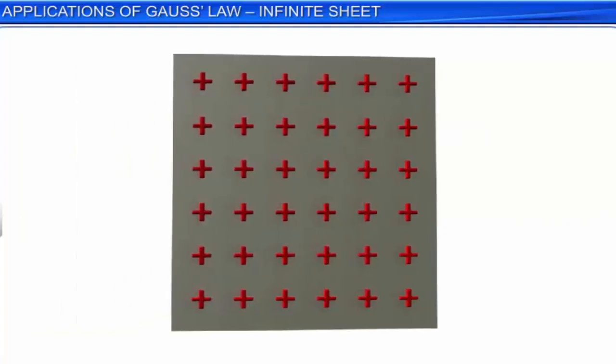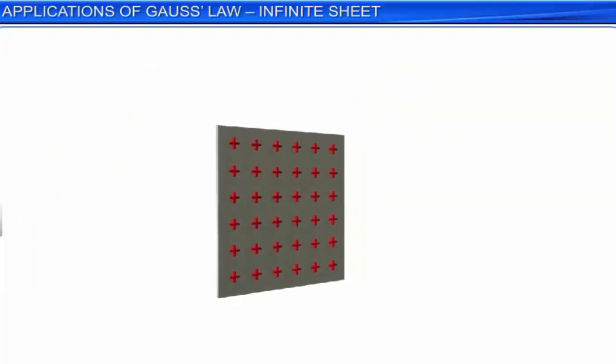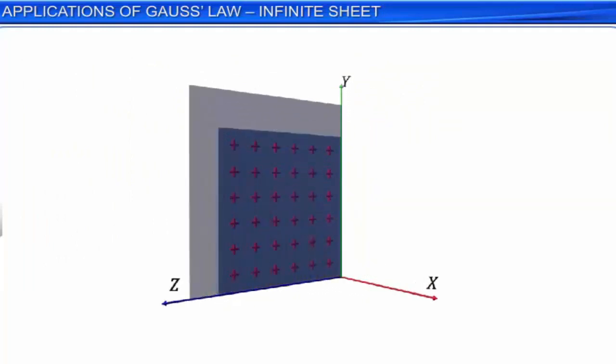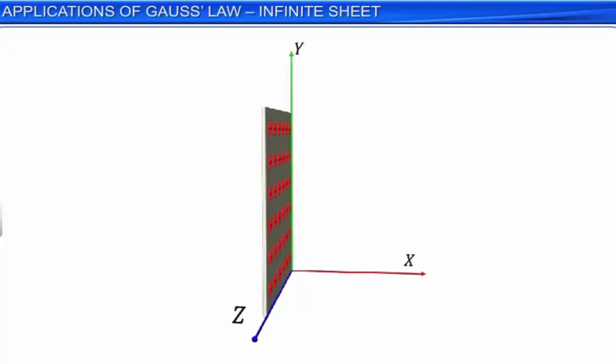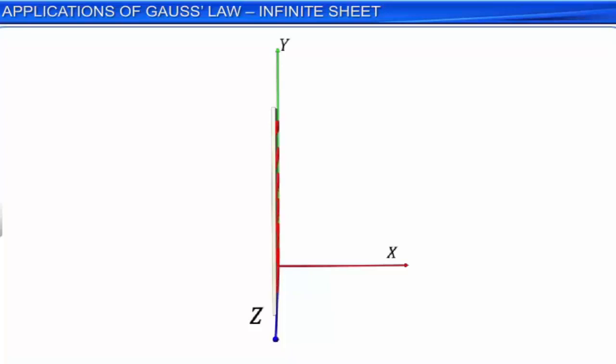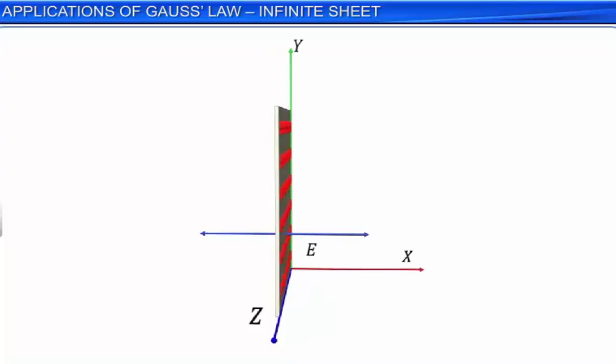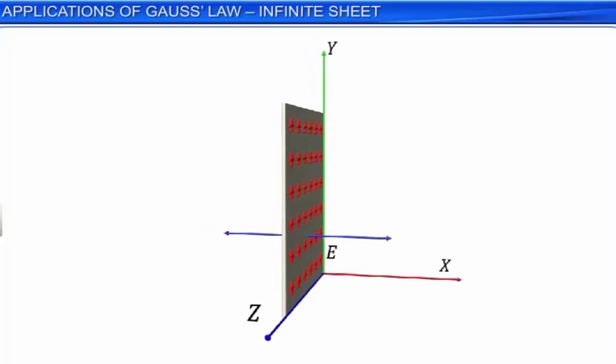Let the sheet be aligned parallel to the YZ plane such that the normal to this plane sheet of charge is along the x-axis. The electric field due to the positive charge will be directed away from the positive charge. In order to calculate the electric field strength, at a point P near the sheet of charge, let us now